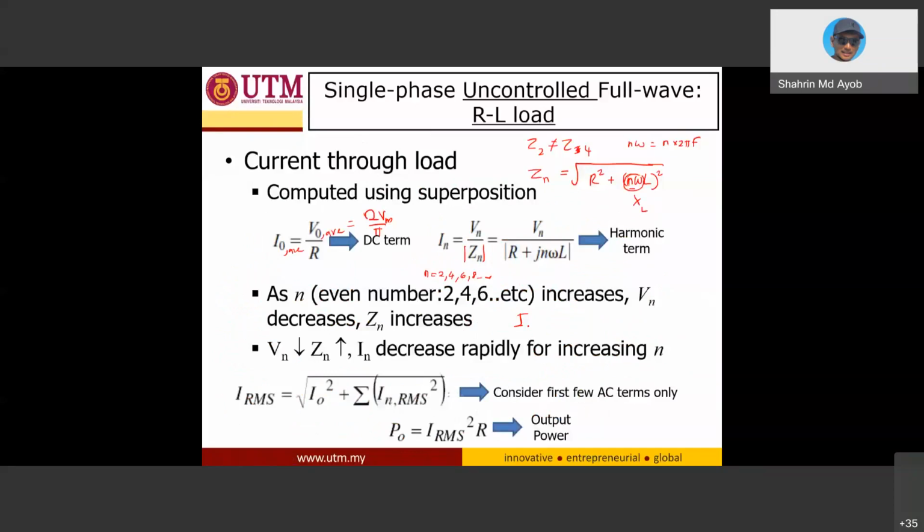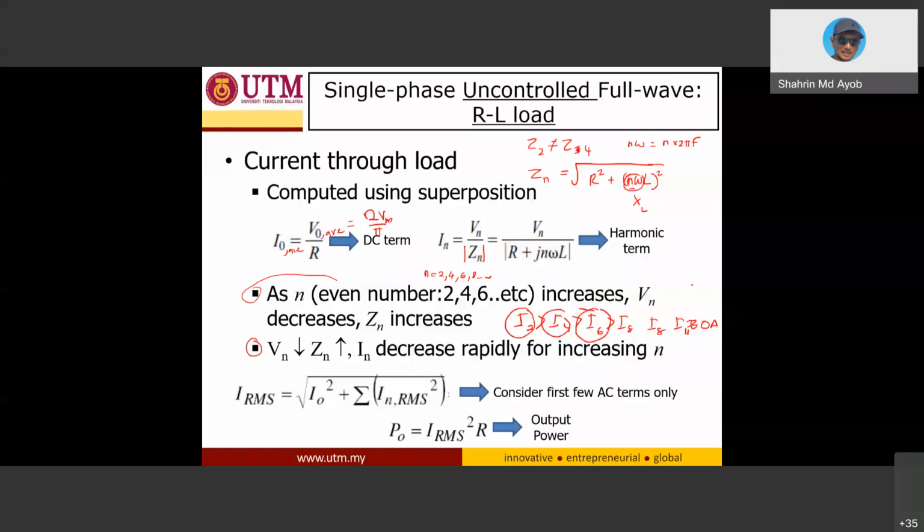That is what these two sentences deliver. In calculation, we may use only up to I2 or I6, depending on the question. I8 and beyond are almost zero. So that's why sometimes, when calculating the RMS current,